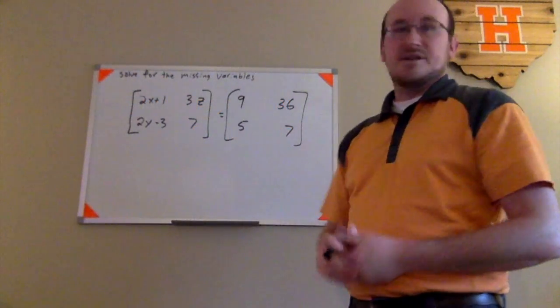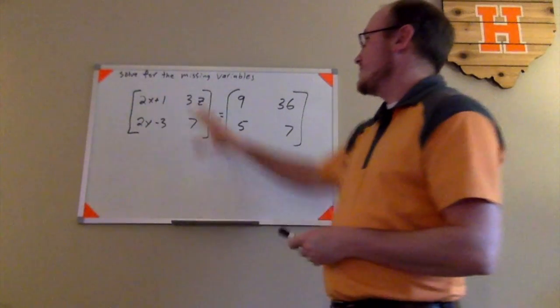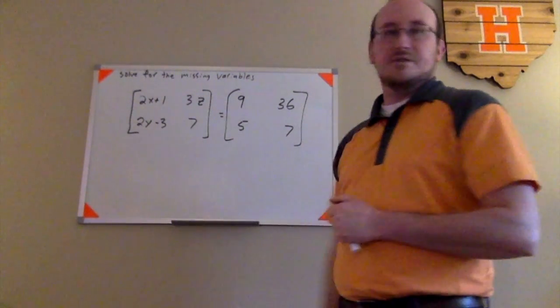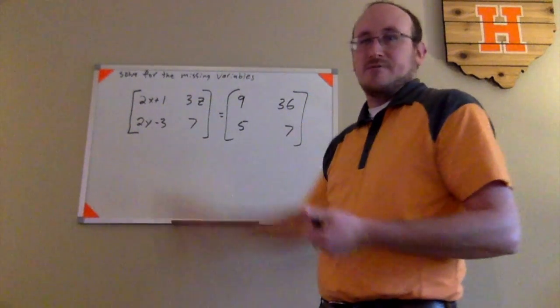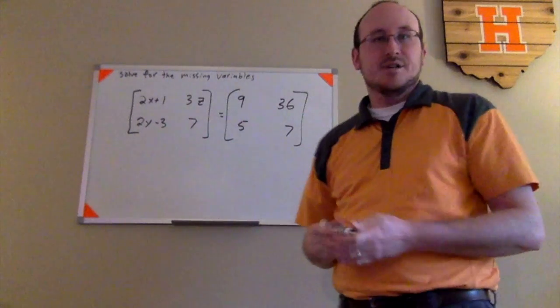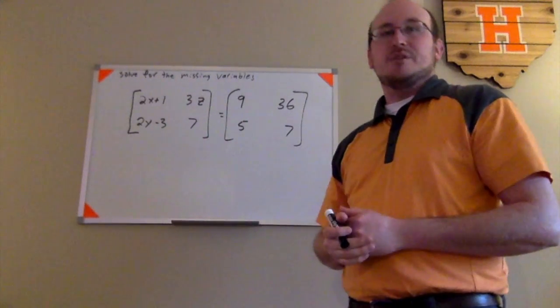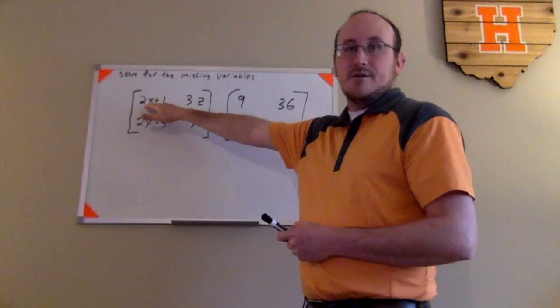In this example, we're being asked to solve for the missing variables. We have two different 2x2 matrices right here that are said to be equal. So we actually have a matrix equation. We have that this matrix equals that matrix. And we must know the only way that can be true is if this entry here is equal to